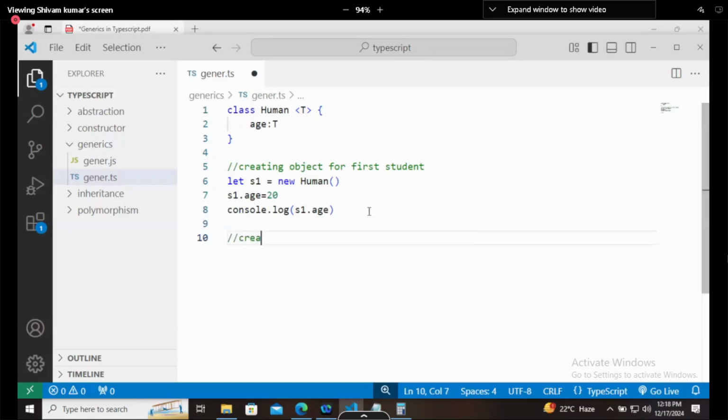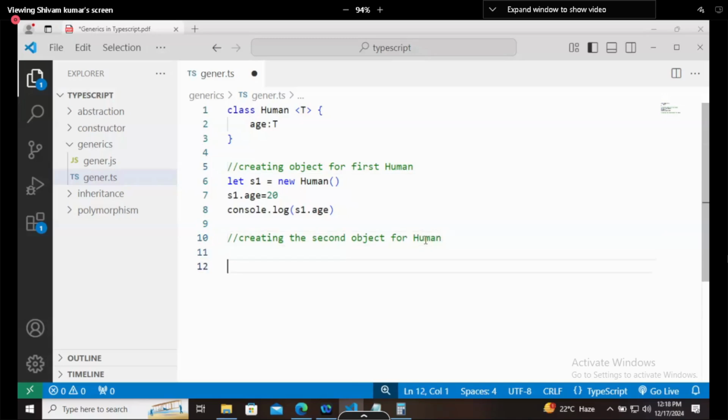Let's create the second object. I will comment: creating the second object for Human.